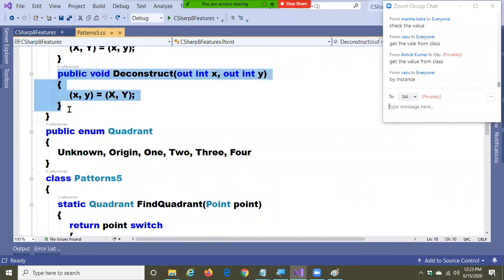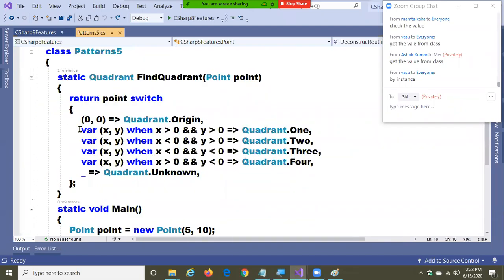That's why I said, after the completion of this particular session, just watch my video on the deconstructor. What is the deconstructor and what is the use of the deconstructor? It is going to expose the values. This will call the deconstructor.